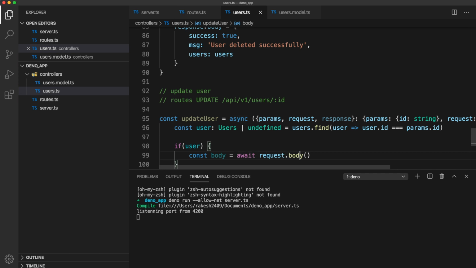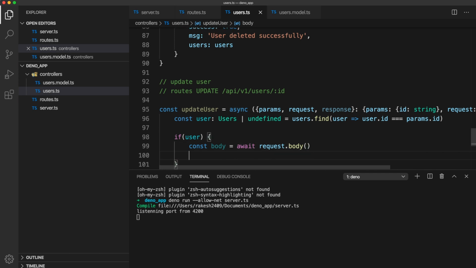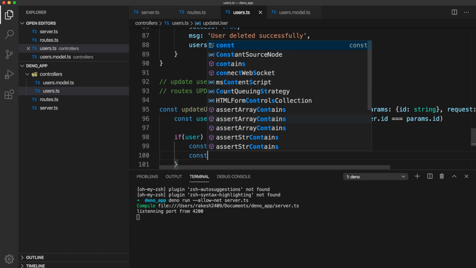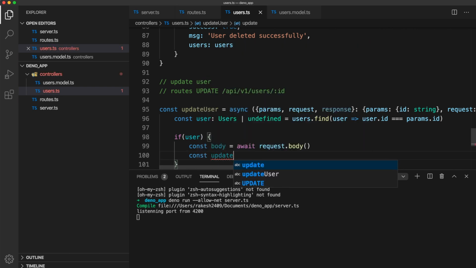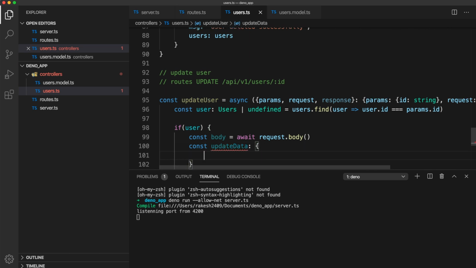Once we get the request.body, then what we have to do is const updatedData. We will create updated data, basically not update data, updated data,